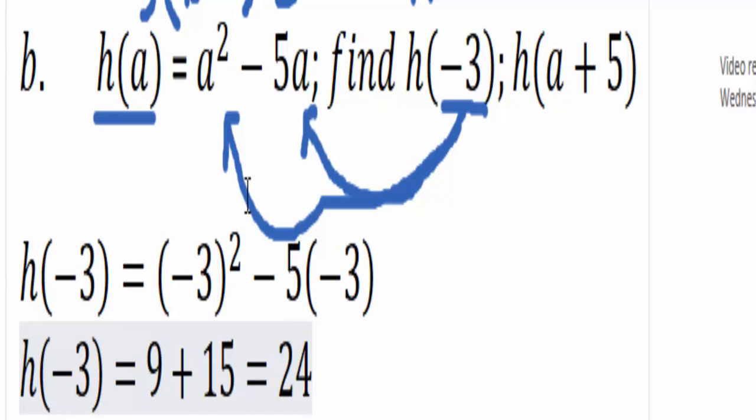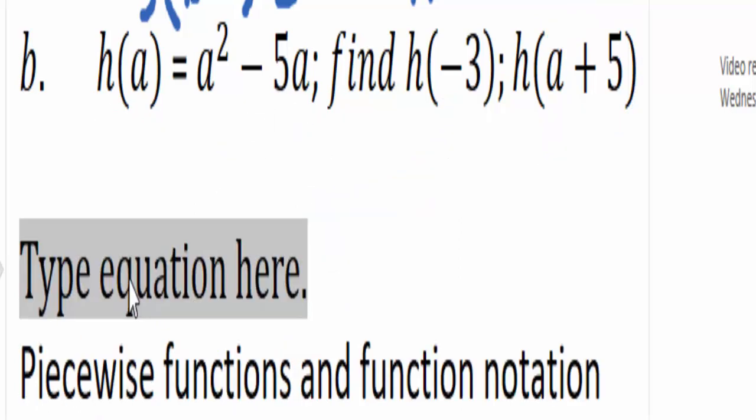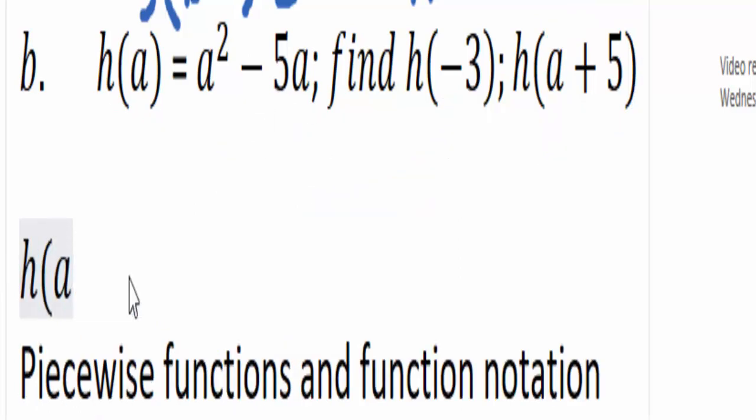Okay, now let's do the next one. Next we have h of a plus 5. So we've got to insert a plus 5 everywhere we have a, which is kind of weird because we're taking a out and putting a plus 5. So we have the same variable in what we're inputting, but we still do it the same way. And we have h of a plus 5,